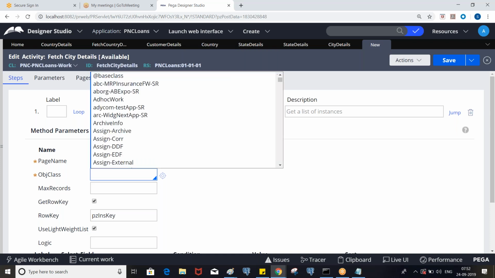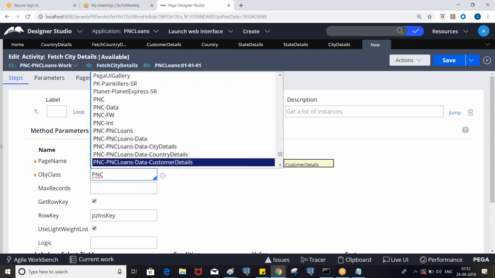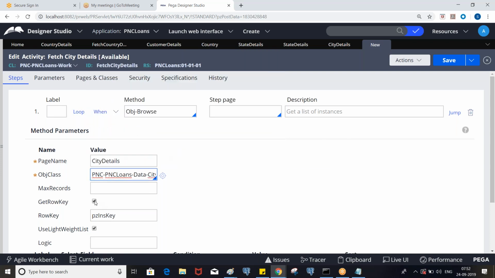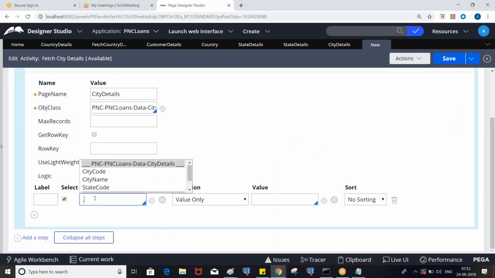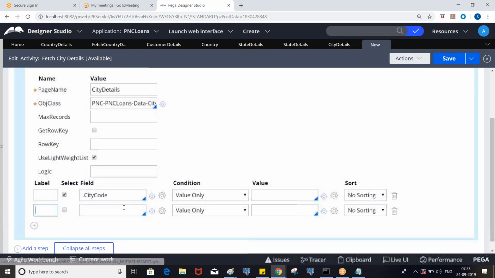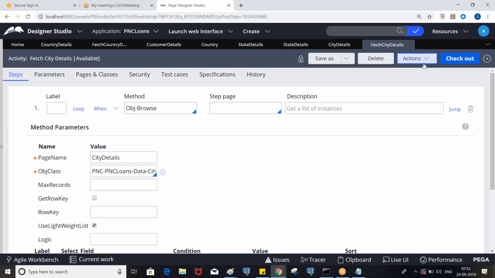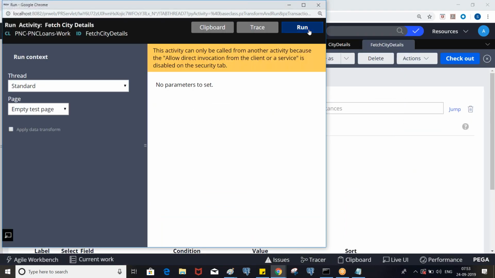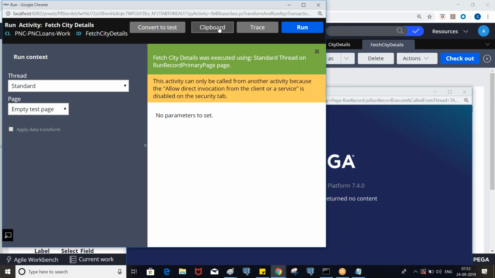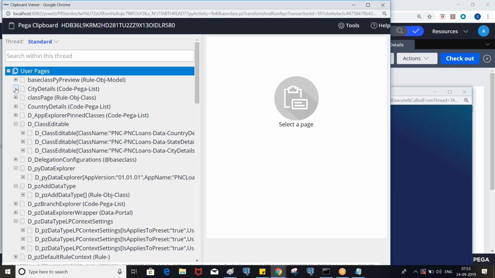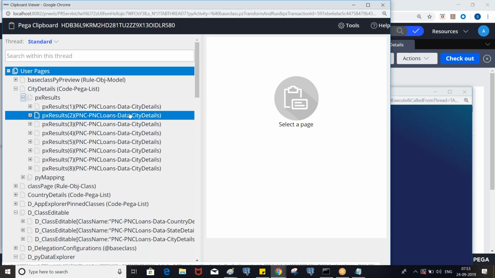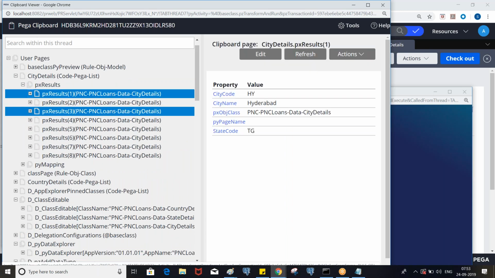And the object class is city details, and remove this row key. City code, city name, and we need a state code. Okay, so now let's execute it. So you will find the city details and you see 8 pages. 1, 2, 3, 4, 5, 6, 7, 8.